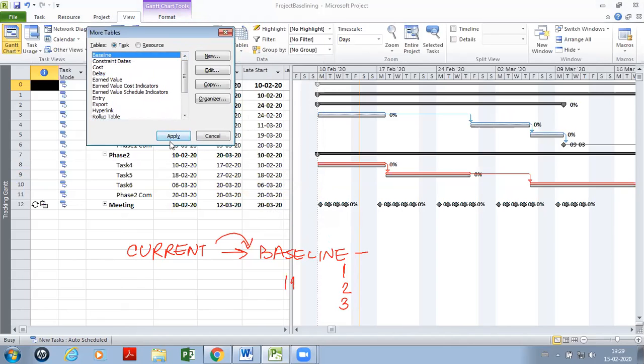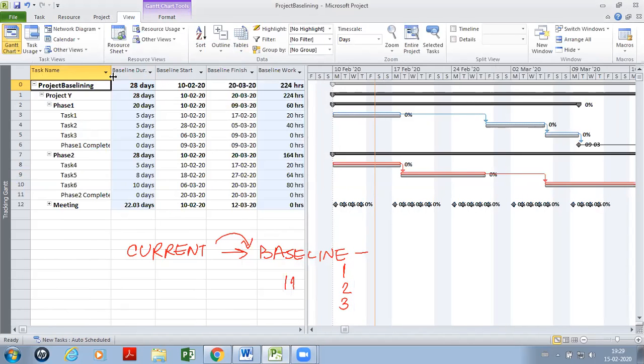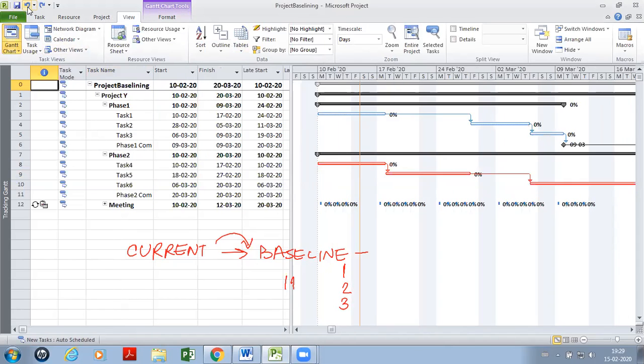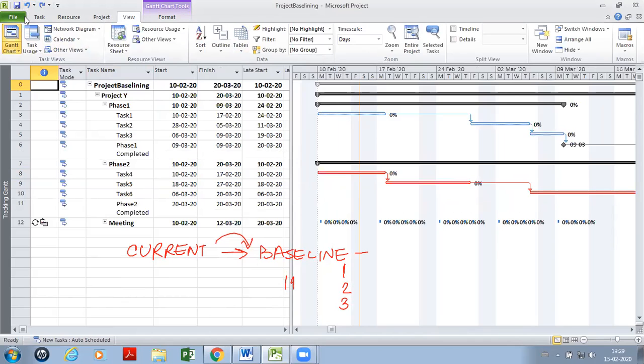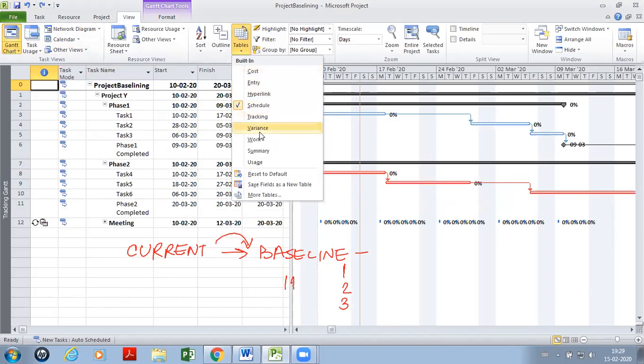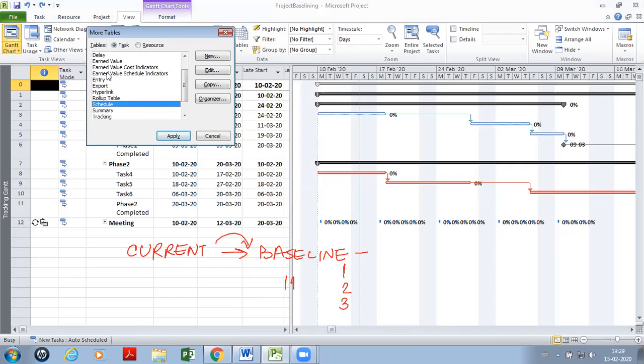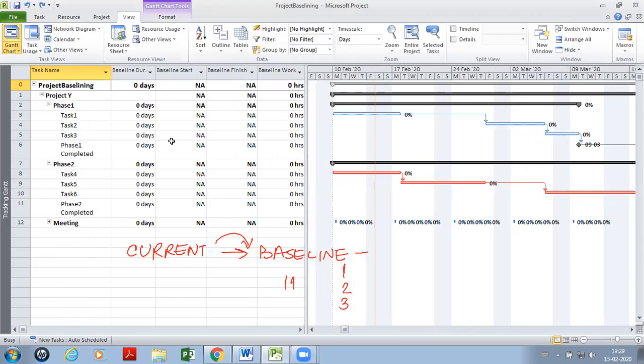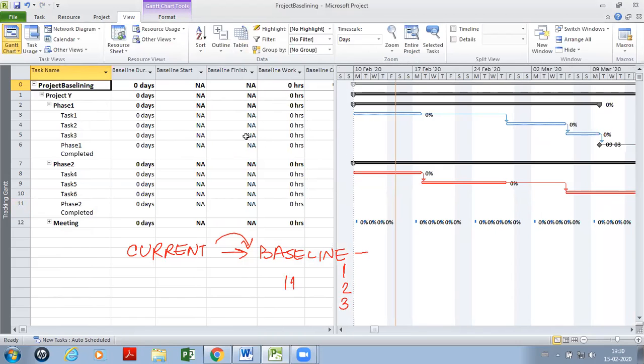I've changed the table to baseline table, and let us do this once again. So I undo this. So we are back to square one. I change the table to baseline. Apply. So now I'm in tracking Gantt with the baseline table.